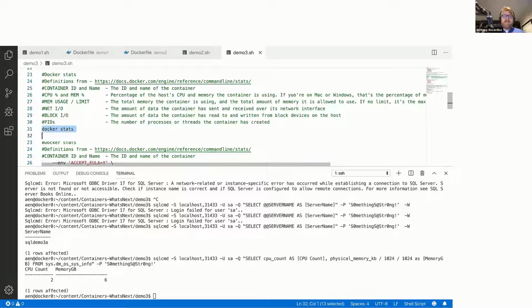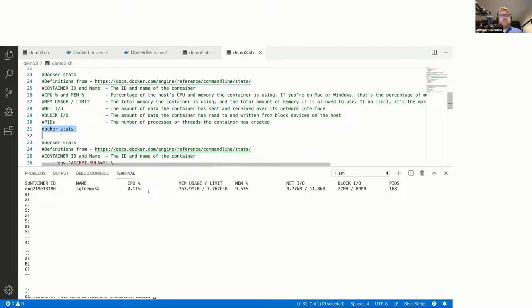Looking at Docker stats, there's our container, there's its name, and this is its current resource utilization. It's using about 6% CPU, about 750 megs of RAM of a total of 7.7 gigs. The system has 8 gigs of RAM, but it's rounding off a little bit there. And then you can see it's about 10%. We can track network IO, block IO for both read and write, and the number of PIDs that have been allocated altogether inside of that system.